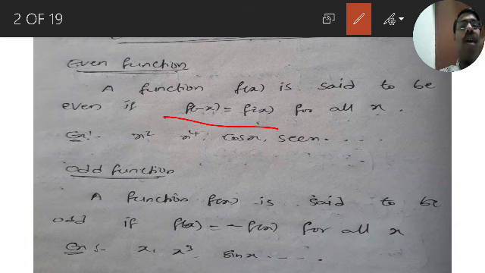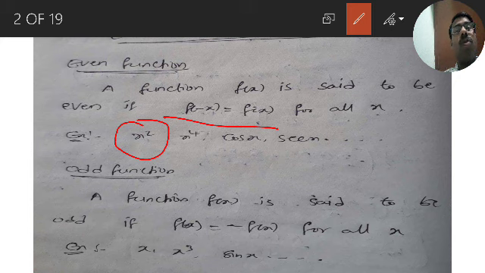For example, if you take x square, f of 2 is 2 square, that is 4. f of minus 2 is minus 2 whole square, that is 4. So f of minus 2 and f of 2 both are equal. Not only for 2, for all x it is true. f of minus x is equal to f of x for all x, then such a function is called even